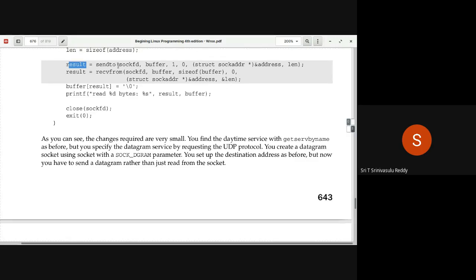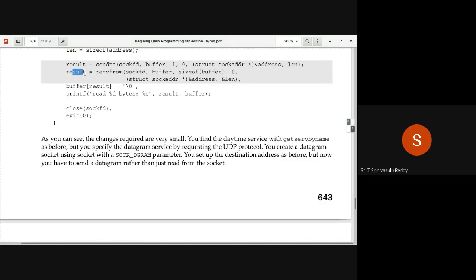Just like the write system call returns the number of bytes written onto the file descriptor, similarly sendto returns the number of bytes sent to the other side, and that is available in result. Similarly, what does recvfrom return? It returns the number of bytes received from the other side, from the network. How many bytes are received by this recvfrom is available in result.